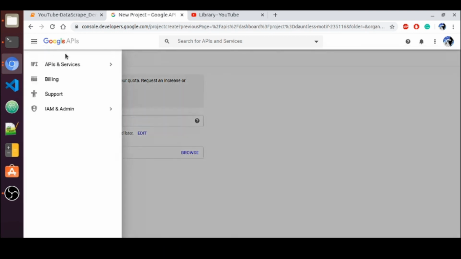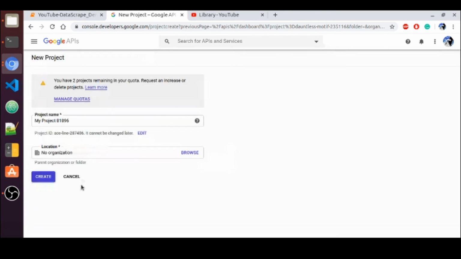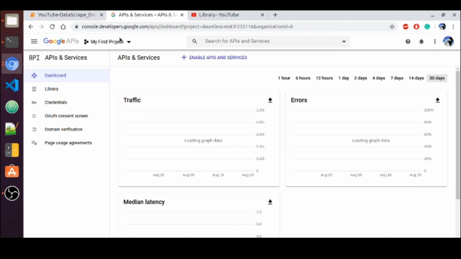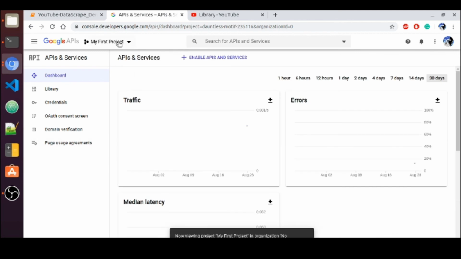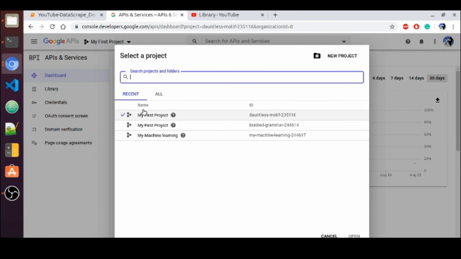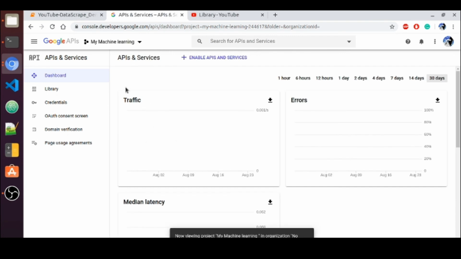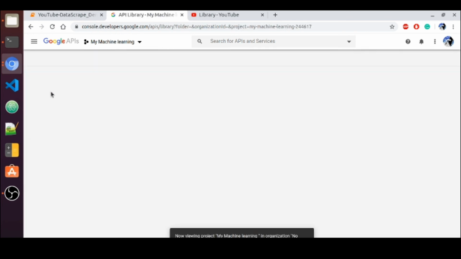Anyway, I'm going to cancel it now because I already created a lot of projects. Once you click on the projects, you have to select the project that you have created. Once you select the project, you have to go to the library.